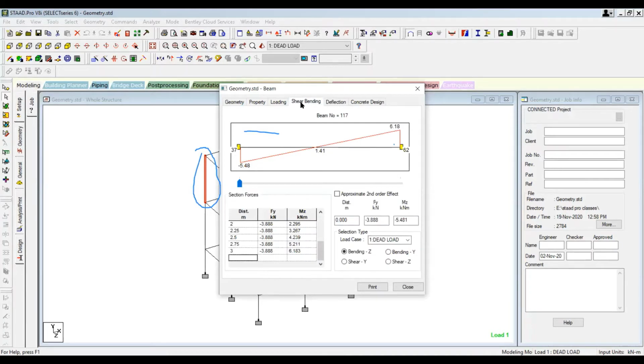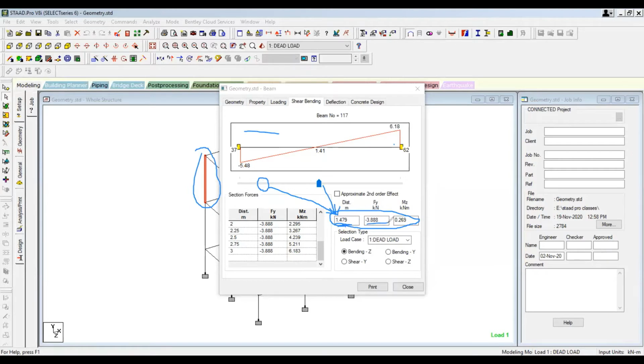bending. As I told you in the analysis, what is the shear bending, and how you can see, if you move the cursor slowly over here in this table, you can see the values. So at distance of 0.438, that is this, when I move this one, this distance will move. Okay. If I move it now, I'll move it to somewhere here at the center. Now you see the distance has changed. See, now the distance is different,